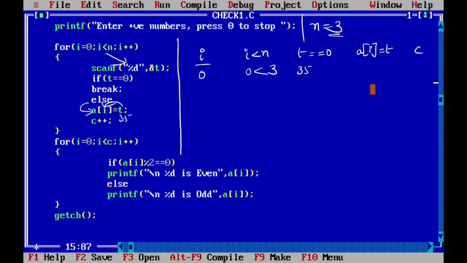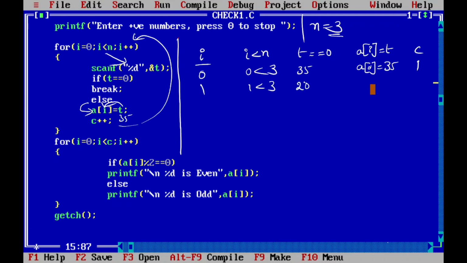A of i means A of 0. A of 0 value is 35. Then C value is incremented. Initially C value is 0. C plus plus means C equals C plus 1. So this is 1. Next, control comes to i plus plus. Now i value is 1, and 1 is less than 3. Condition true.